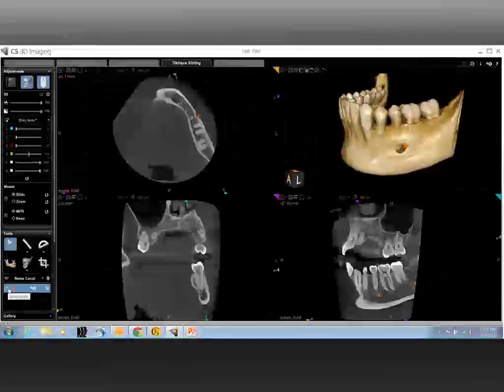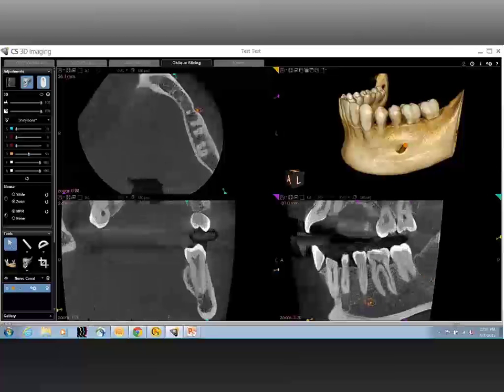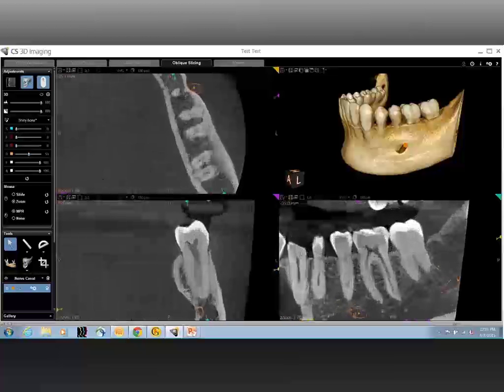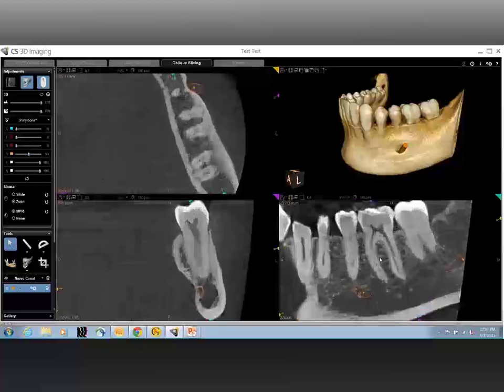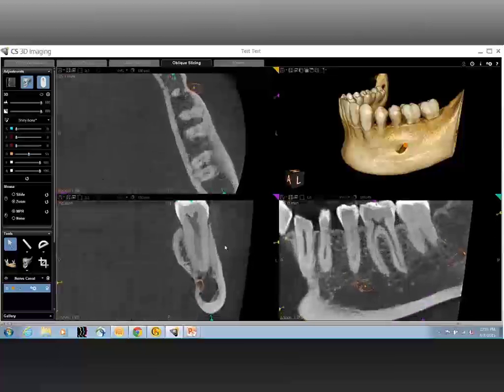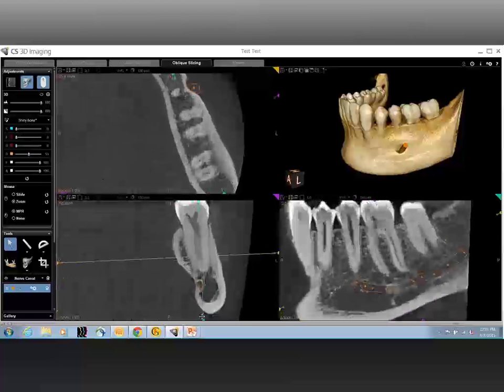Why do we scan a patient for endodontics? To identify the radicular anatomy. So the canals themselves have to be evaluated, right from the pulpal horns to the apex, to the opening of the apex. You can clearly see that it has good value in actually adding the third dimension